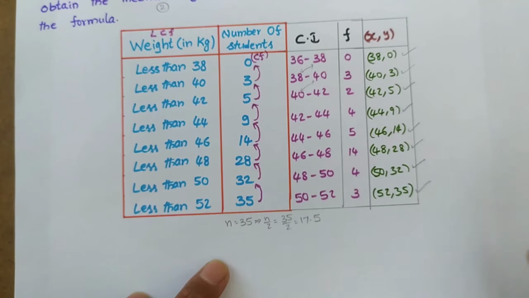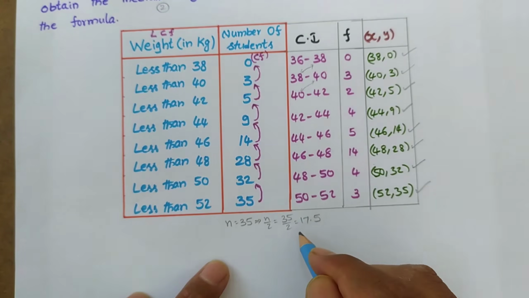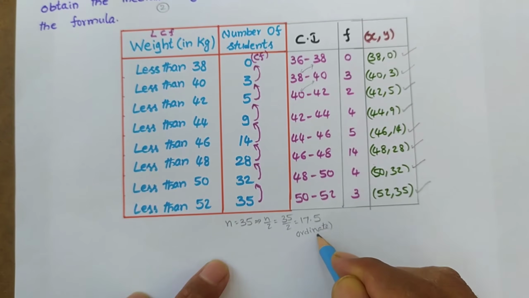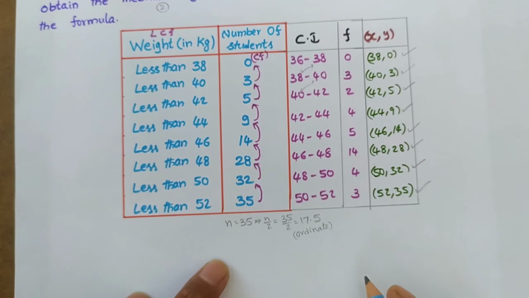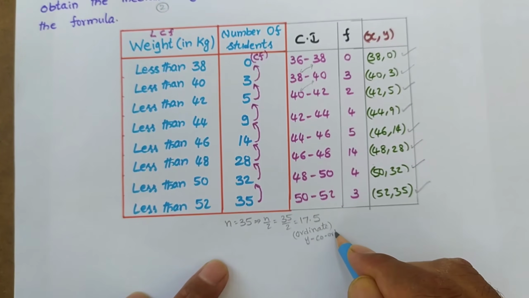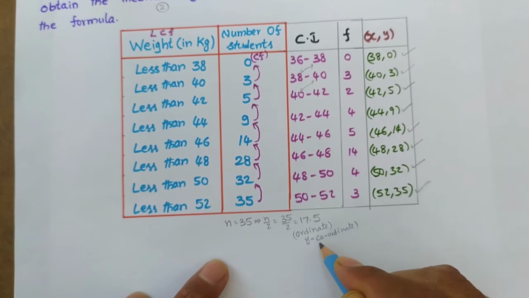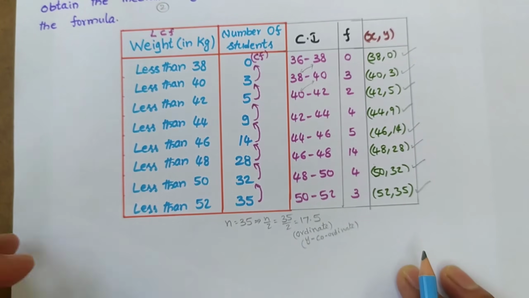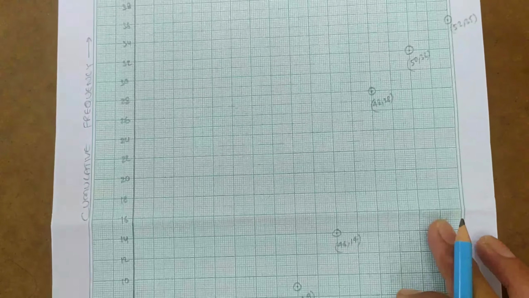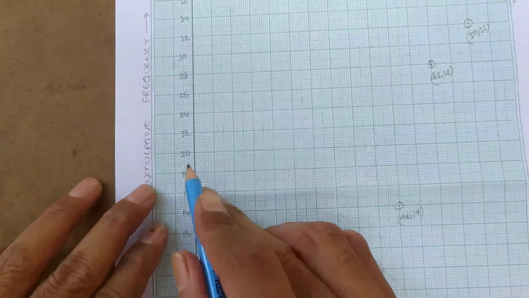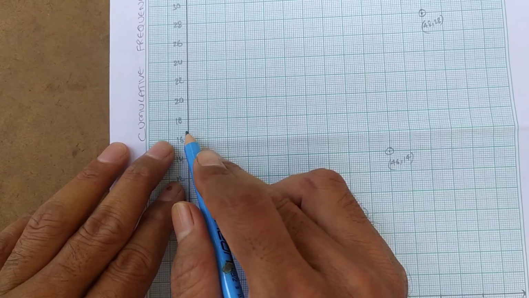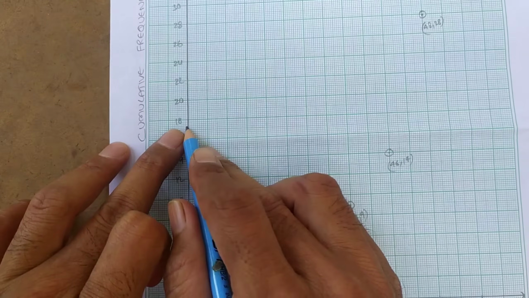here this 17.5 will be the ordinate, means y coordinate. So for which you should find the corresponding x coordinate to find the median. So here for 17.5, let us see in the graph. See here, 17.5 will come here, right?